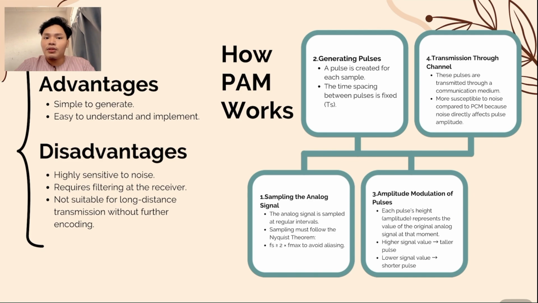Third is amplitude modulation of pulses. Each pulse's height represents the value of the original analog signal at that moment. The higher the signal value, the taller the pulse. The lower the signal value, the shorter the pulse. The fourth is transmission through the channel. These pulses are transmitted through a communication medium, more susceptible to noise compared to PCM because noise directly affects pulse